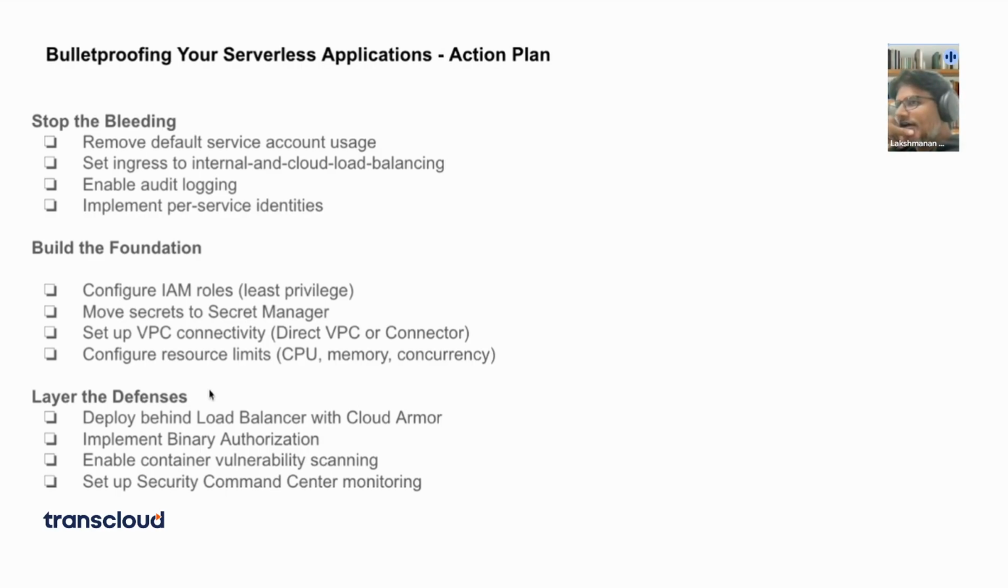And then comes the next set, which is to deploy a load balancer in front of your applications with Cloud Armor, right? Because Cloud Armor is going to bring you a lot of value in terms of protecting your applications from all the application layer vulnerability attacks and things like that, right? So it's going to add a lot of value there. You can also implement something called Binary Authorization. So this is like